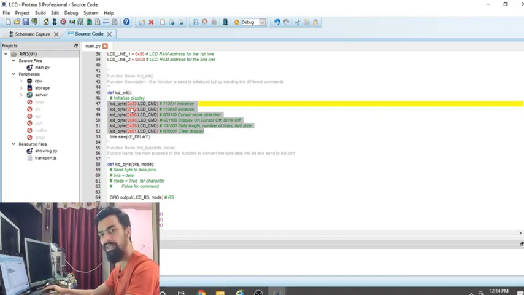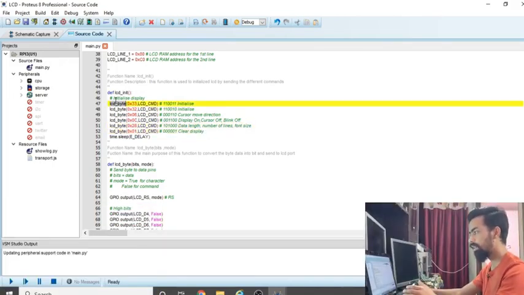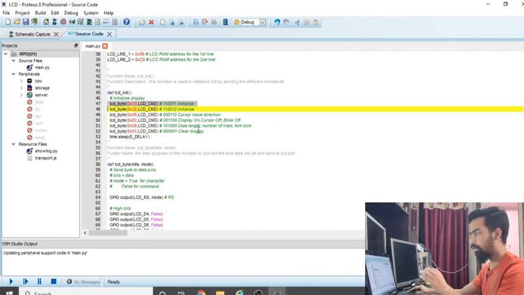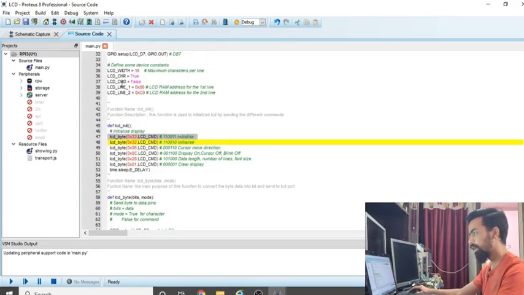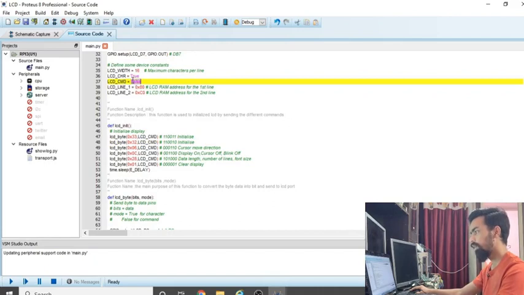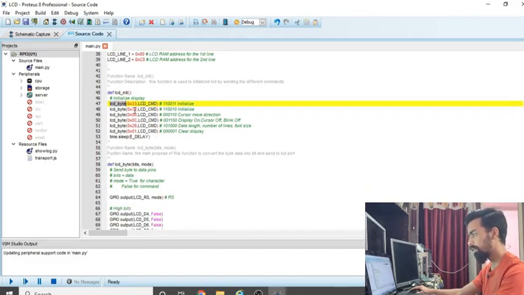You can search the LCD commands and easily find the importance of each and every command. The main important part is how to send an LCD command from the Raspberry Pi to your LCD. There is a function lcd_byte, where you pass the data and the LCD command. The LCD command is nothing but the variable we have already declared here, set to False. So we will see what this function is.